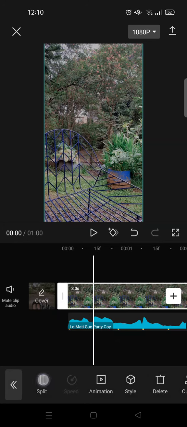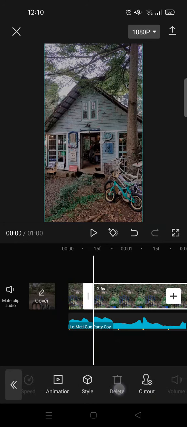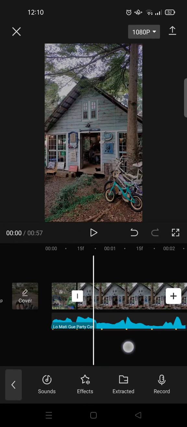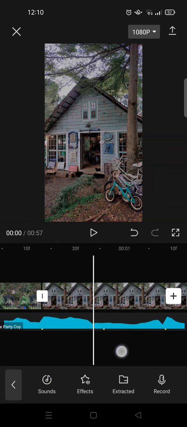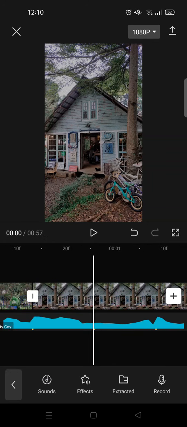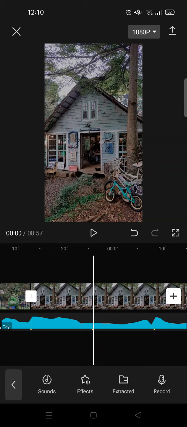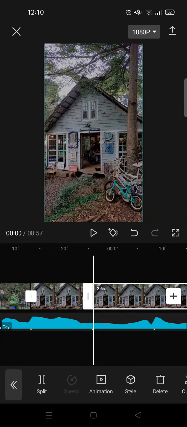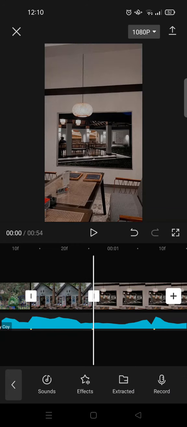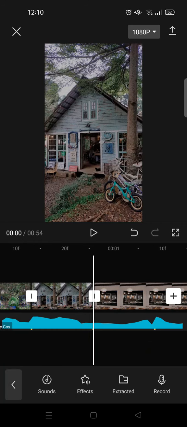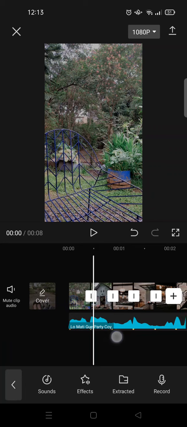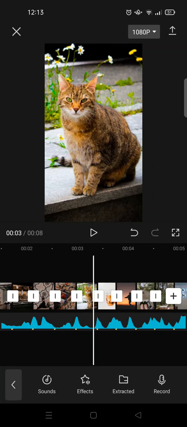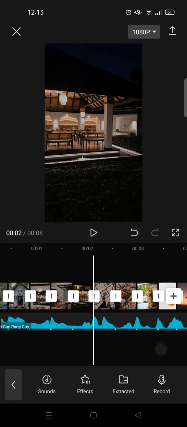right here. So I'm going to split and then delete, and then after that for the next photos I'm going to just do the same like this. Click on the photo and split, delete, and I'm going to get back to you when I'm done with this. Okay, so I've already match cut all of the clips so that it aligns with the beats,